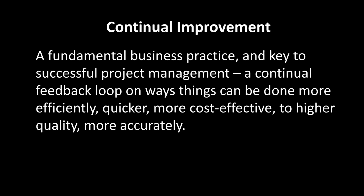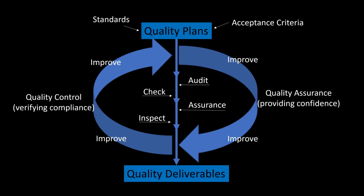So when we put those all together, we end up with this kind of united, our quality plans, what we want to deliver, compared to our quality deliverables, what we're actually delivering, and we have this circular process which completes our continual improvement process of checks and inspections to make sure we're doing the right thing, and that we're auditing and assurancing on those, and we're making improvements to our process and our auditing and assurance processes continually as we go through developing or producing our items until we know that our quality deliverables at the end of the day are meeting everything that we need. And that essentially sums up everything that we kind of need to know